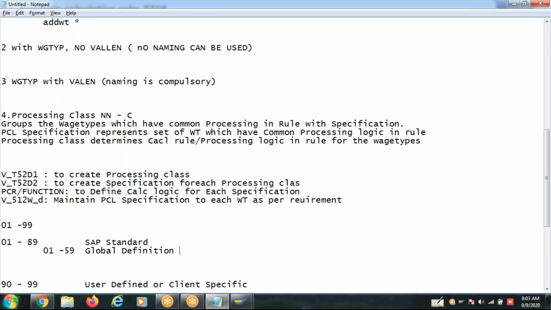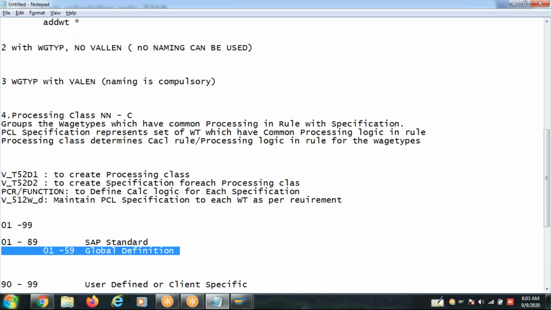For example, processing class 01 is used for the rates calculation in every country. Processing class 10 is for proration in every country. Processing class 30 is for CRT table updation in every country. So 01 to 59 are global definitions. The purpose is common in all the countries.